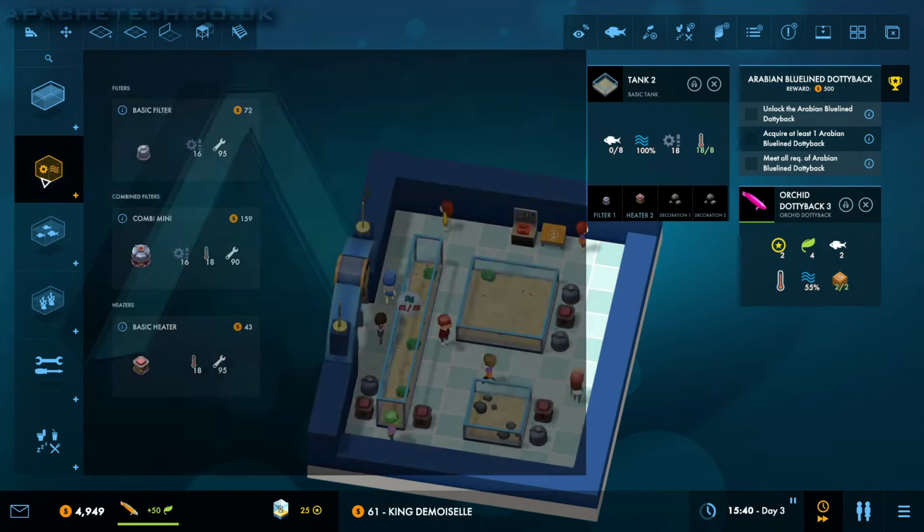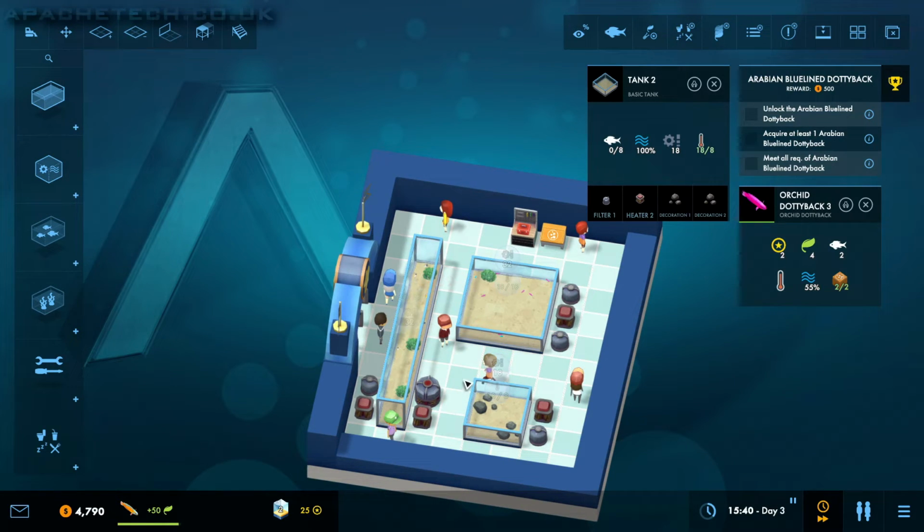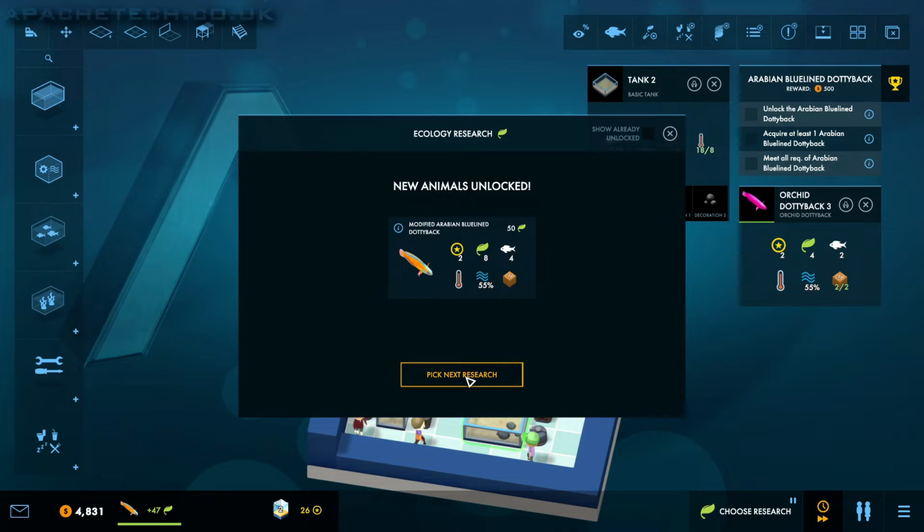And we will place another filter. We do actually have the mini combo one here, so we'll place you there. And that'll be fine for there. And so now this tank here is now ready for the